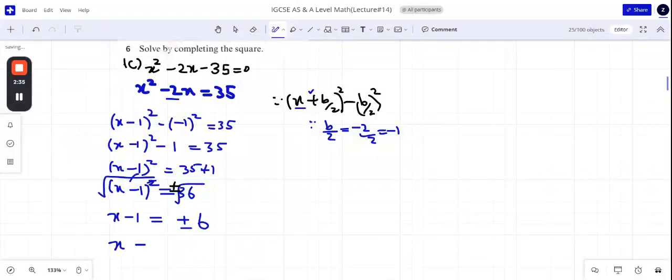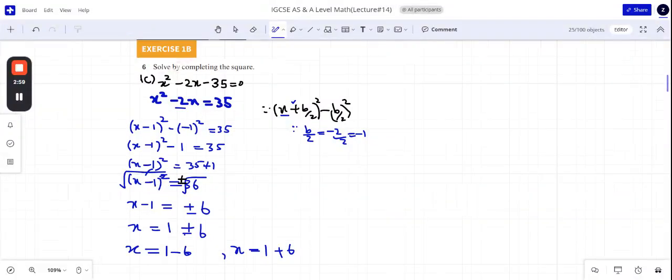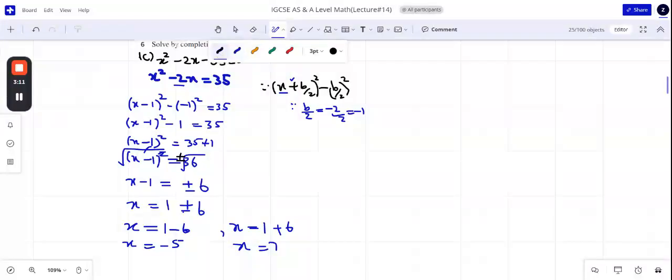Now we will shift the constant value on the other side. It becomes plus 1, then plus minus 6. Now we have to find the two values because plus and minus 6 we have. So let's put separately x is equals to 1 minus 6, and then x is equals to 1 plus 6. At the end we will get the two values. 1 minus 6 is minus 5, and 1 plus 6 would be equals to 7. This was the quadratic equation. For the quadratic equation, always we will get the two solutions. X is equals to minus 5 and 7.